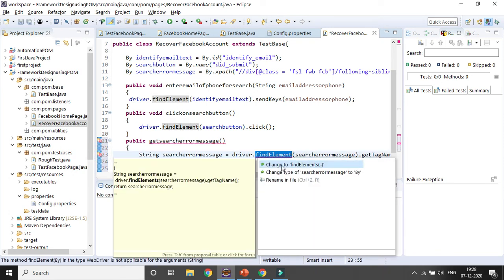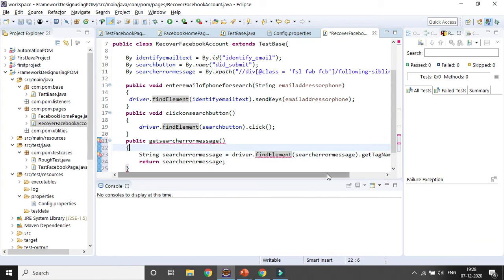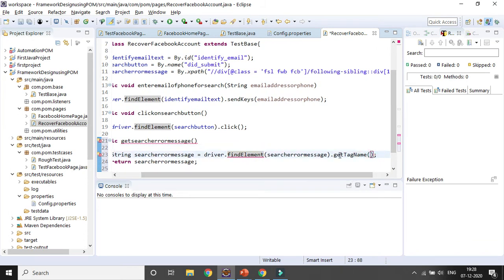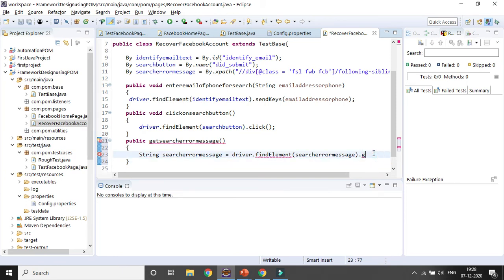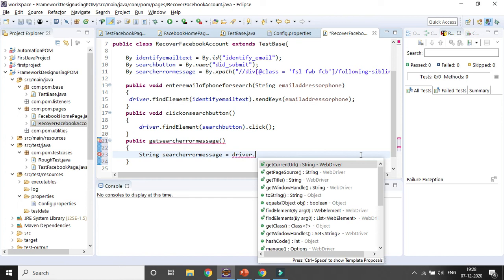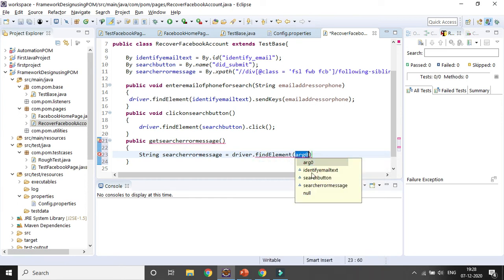Change it to find elements, no, sorry, here it is get tag name, I need to give get text, not tag name, dot get text. Why is it not coming? Let's remove this. Driver dot find element, and then I give the reference as search error message.